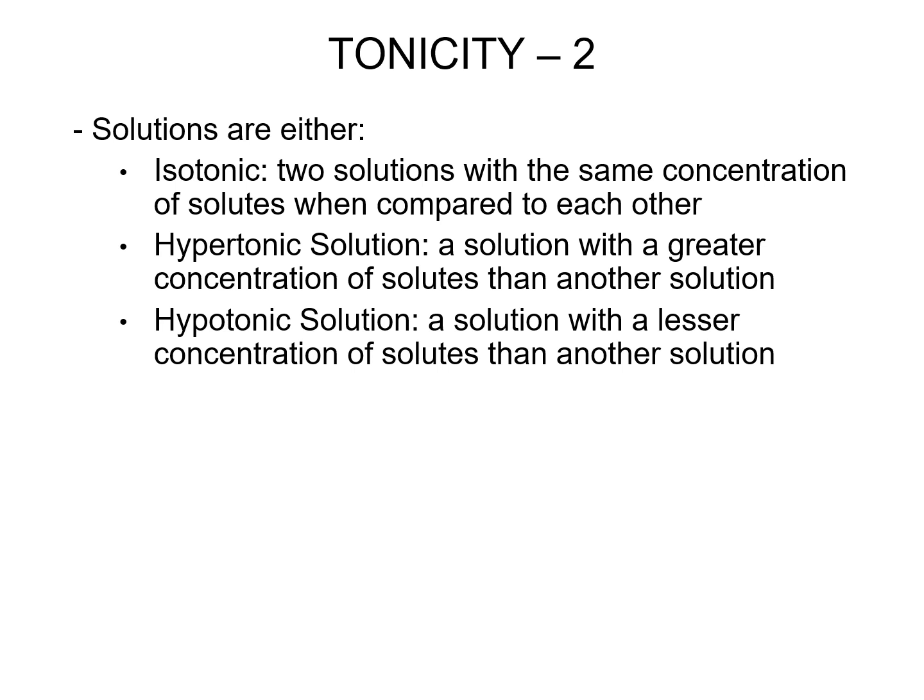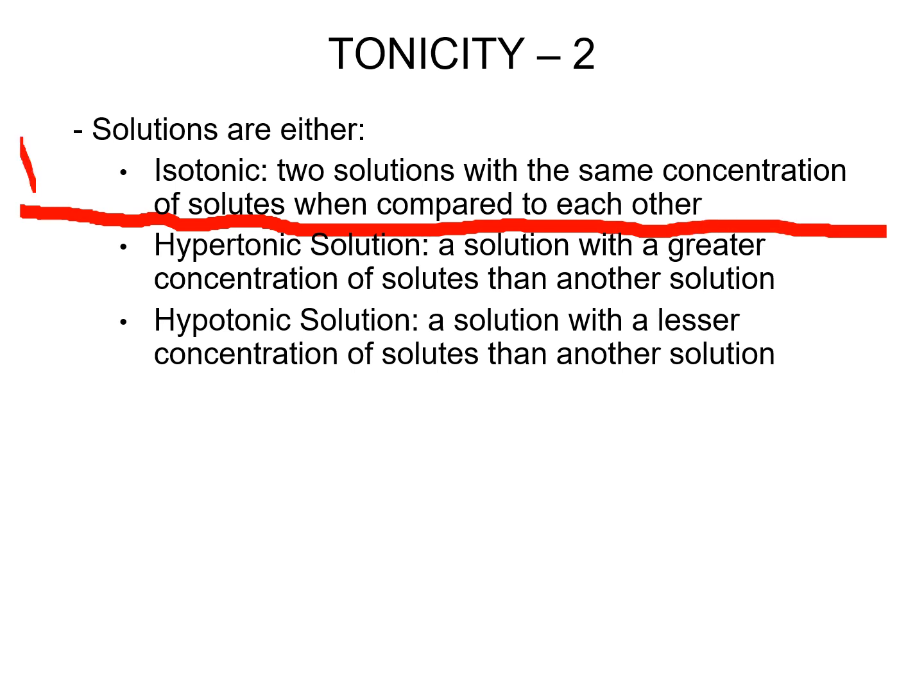Here are the three different states that our cells can exist in regarding tonicity. I'm going to draw a line between isotonic and the other two, showing you that isotonic is our goal. That's our ideal that I mentioned on the previous slide. This is our norm. And the other two, this is more